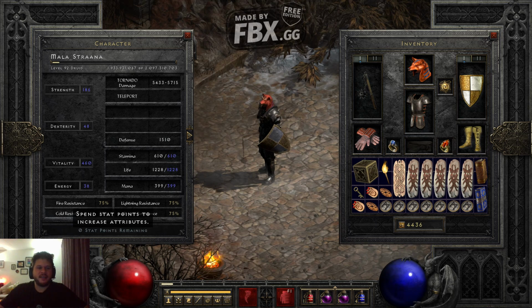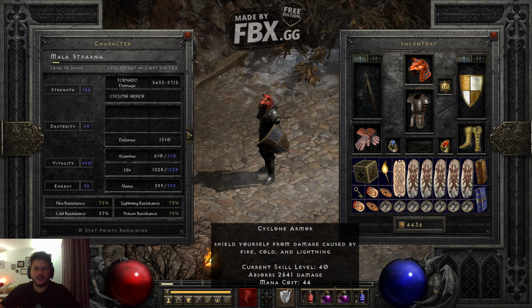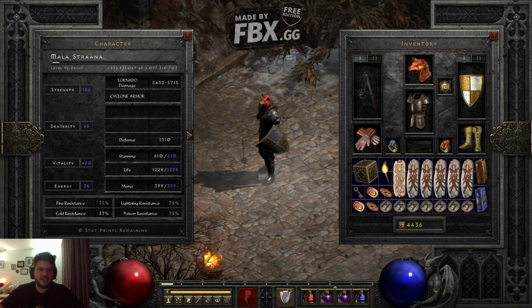And as you can see here, my resistances are basically all fully capped except for cold res, which is the least important one. And because you have that skill, Cyclone Armor, you don't actually need capped resistances with this character, because as you can see there, it absorbs 2.5k elemental damage, which is a huge amount of damage to absorb. So you don't actually need to max your resistances. I think it's cool because it looks good on paper and it just makes you super tough. It's not necessary though. You could add more MF to your build, more Magic Vine, something like that, instead of